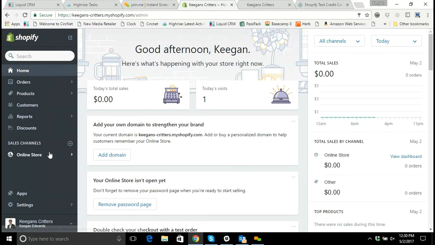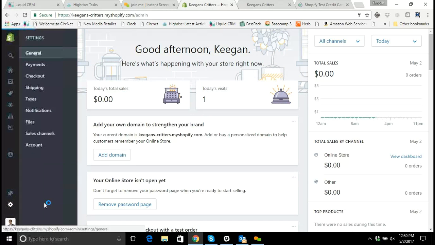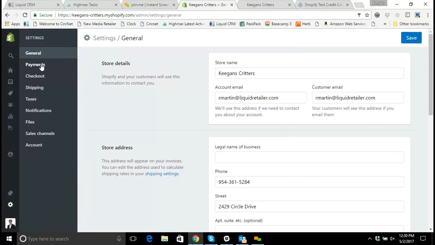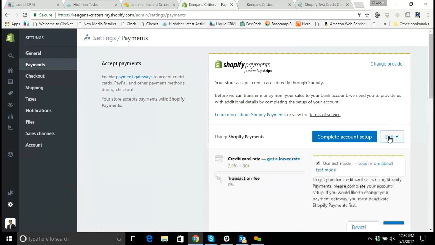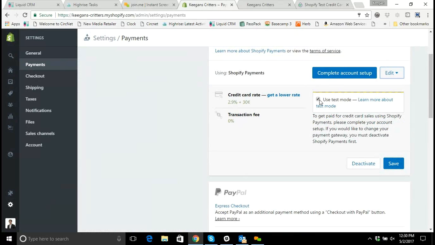So the way that you do that is first you need to go to the settings portion of your site, then select payments, then in the edit section of the Shopify payments, you select use test mode. Test mode will give you a way where you can actually check out through the site, so you can see how orders come through and see what the checkout process is like without actually having to pay or